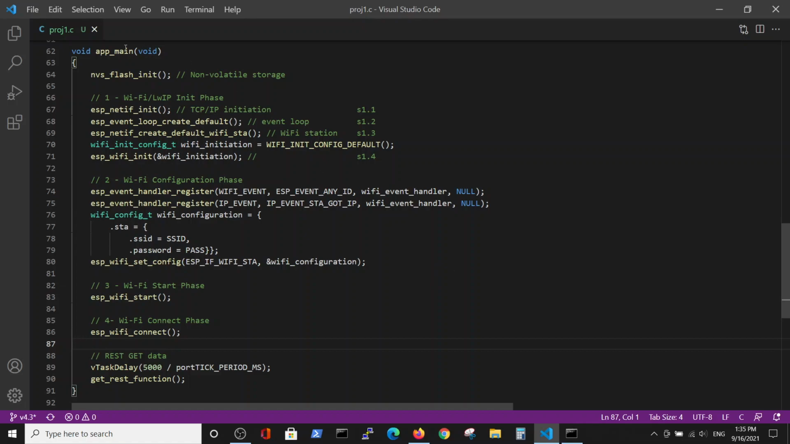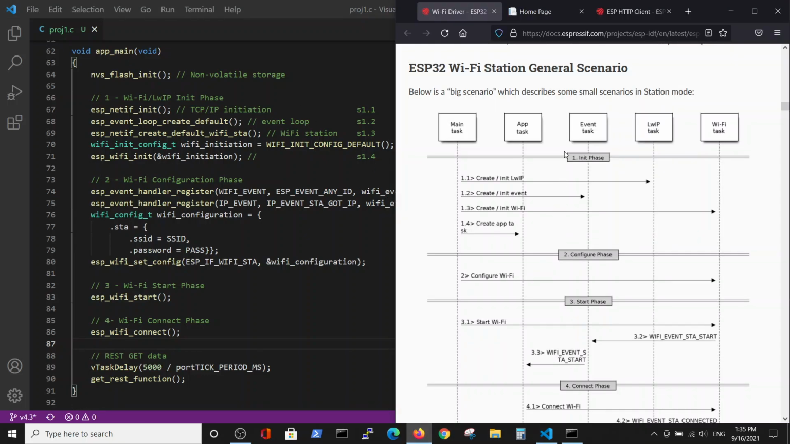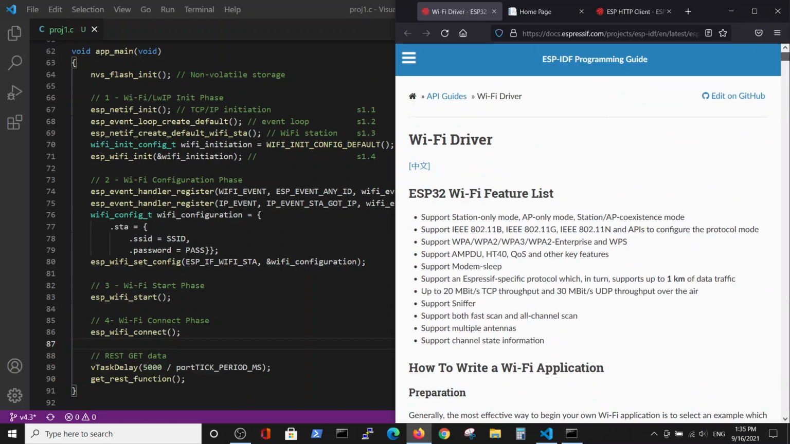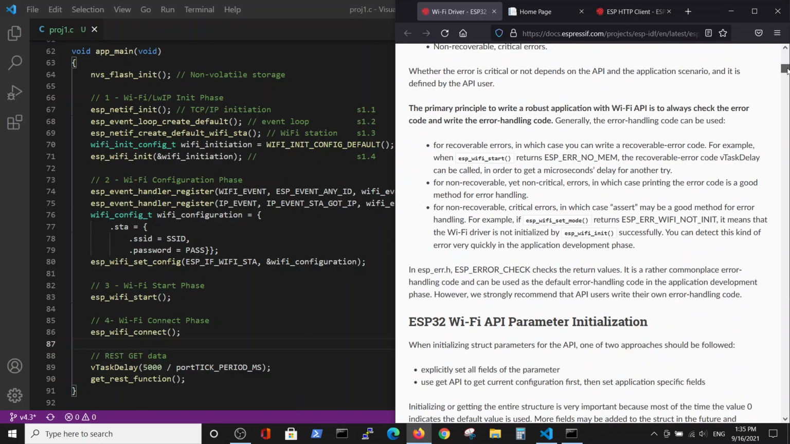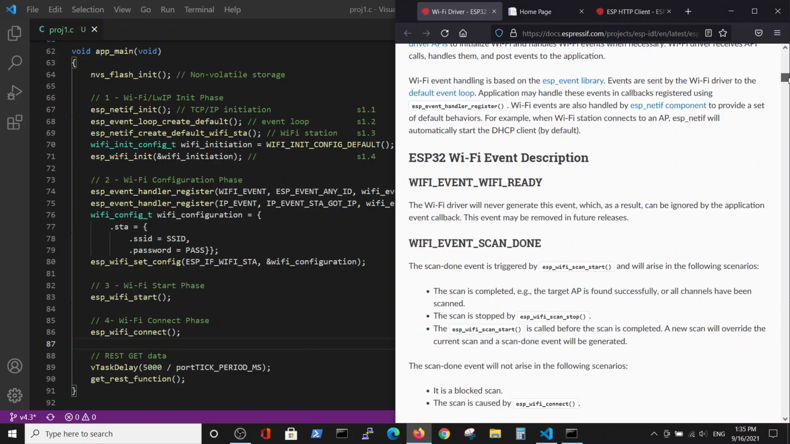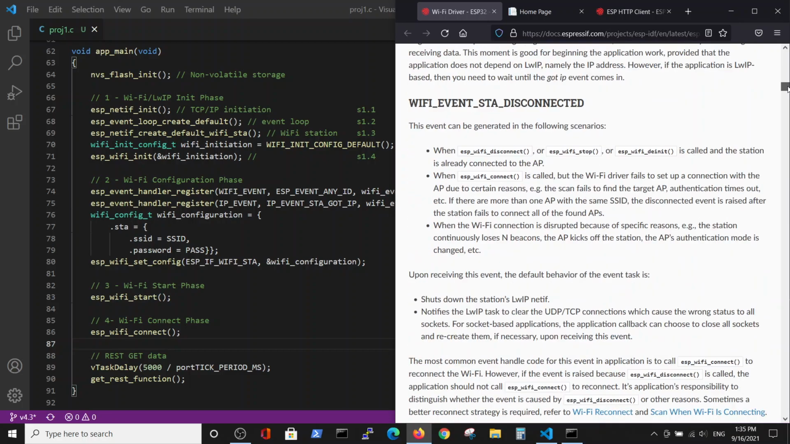What we see here is a main program which has four stages. We initialize the memory, and then we go with the following guidelines. I am in the ESP-IDF programming guide, inside Wi-Fi drivers. Here you have a long explanation about the Wi-Fi